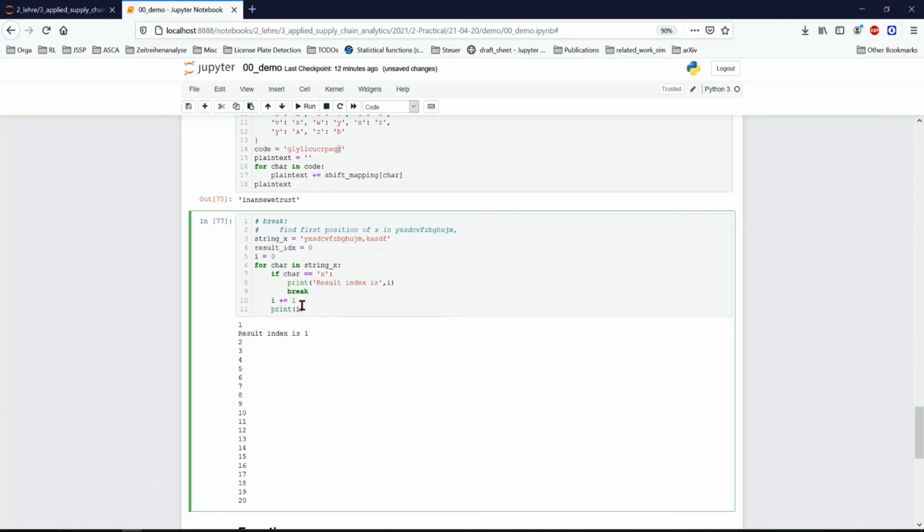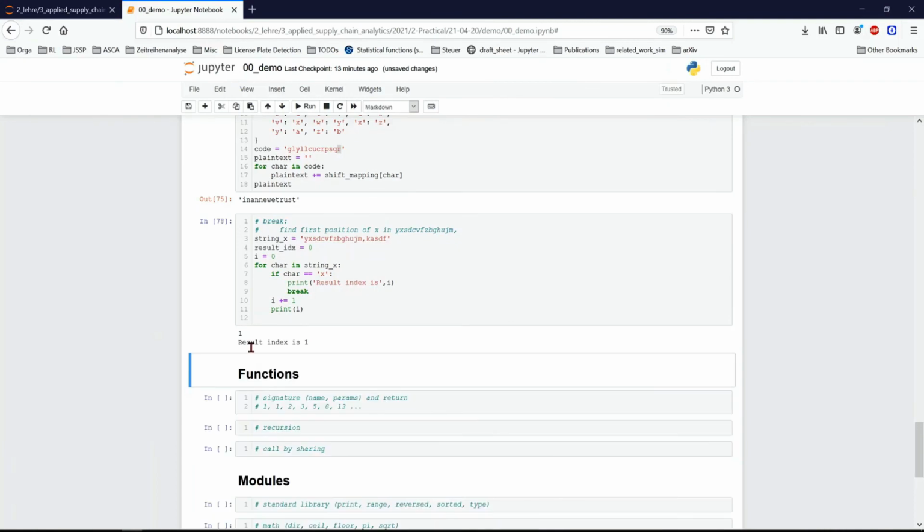Right? So whenever this break is encountered within the loop, the loop is broken out of. Right? So everything that comes below break is not executed, and most importantly, you don't go back and check for this condition. You simply get out, yeah, and execute line 12 if there were a statement on line 12. And this is demonstrated by the output. As soon as we found the index 1, though character still would have gotten instantiated to everything else from S to D to C and so on and so forth, that did not happen. Instead, break made us jump outside of the loop, so this print statement did